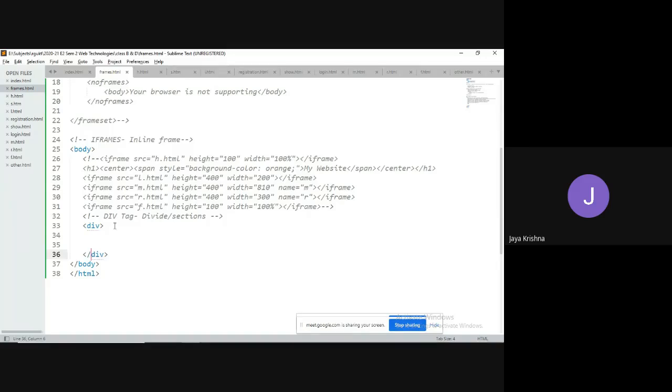The general thing is that this div tag is meant to write content on the web page, but not to load a particular document.